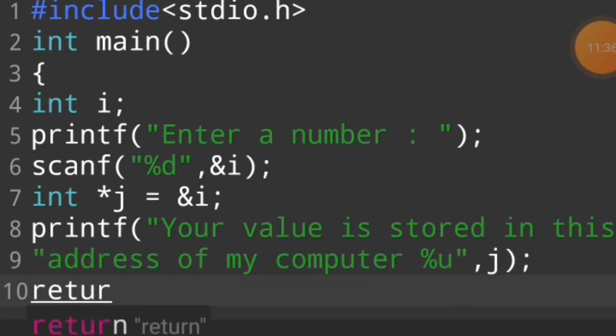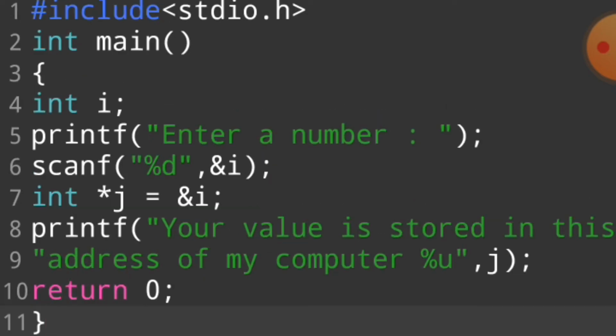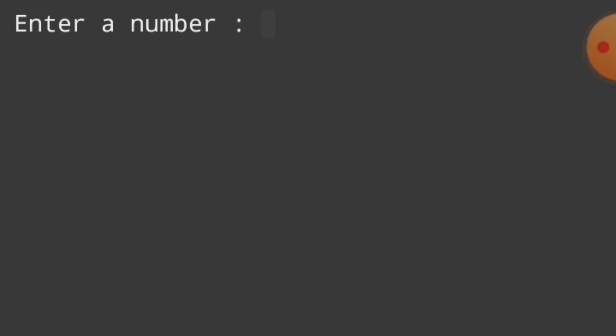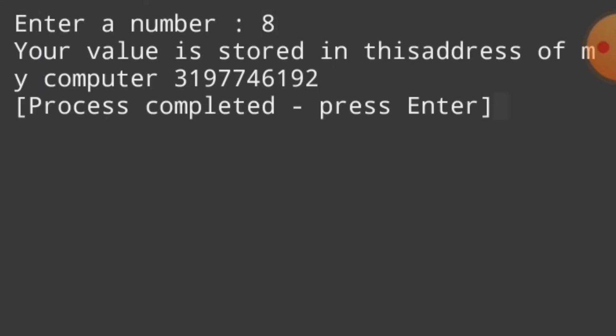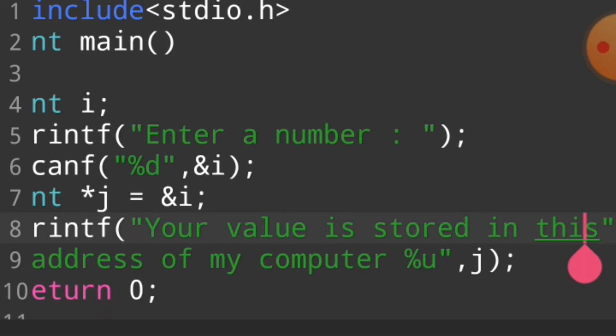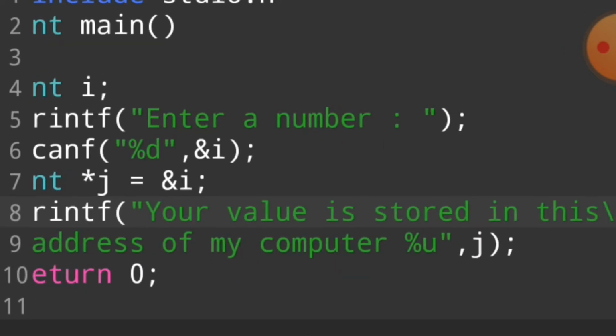When I run this program, see what happened. Enter a number, for example 5. Your value is stored in this address of my computer: 319776. In this case we want to use \n for a new line. I tell you in this video,